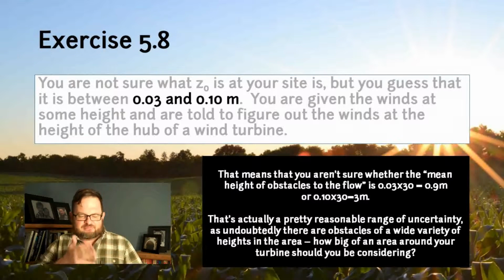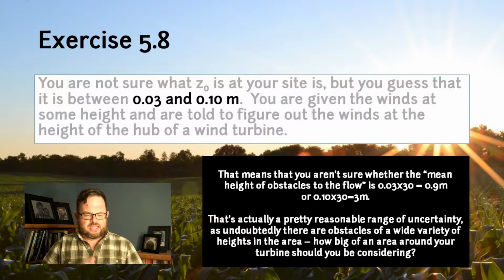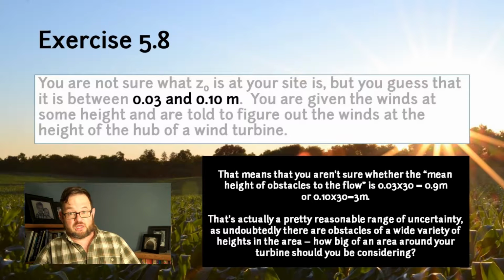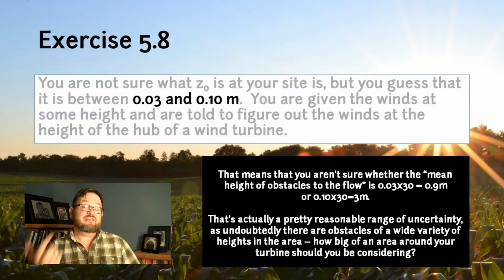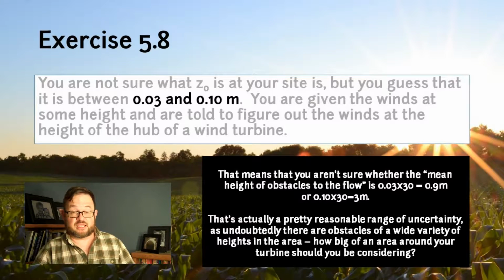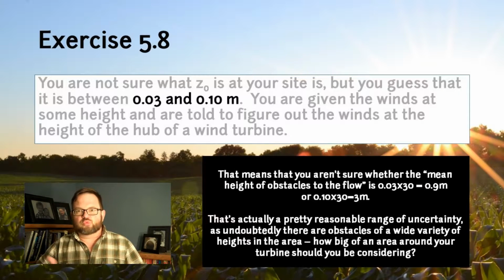So the question is not so odd as far as how you have this range. What we're going to have to do is figure out the answer to this problem using our low value of the aerodynamic roughness length, and then plug it in again using the high value of our aerodynamic roughness length. And from that, we'll get a range of estimates. We know our wind will be in this range, well, assuming we're right that our aerodynamic roughness length is somewhere in this range.